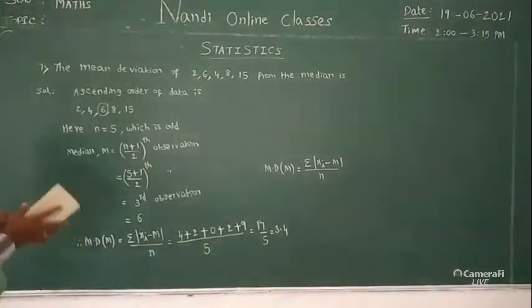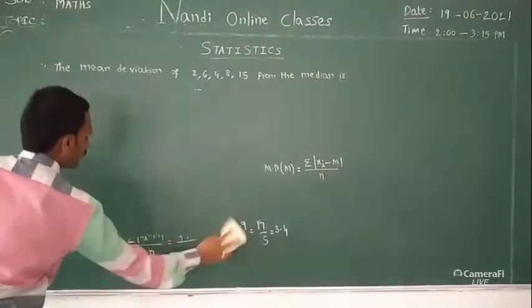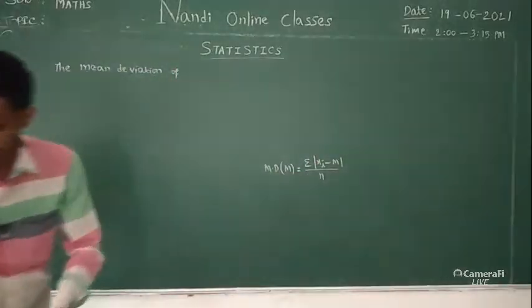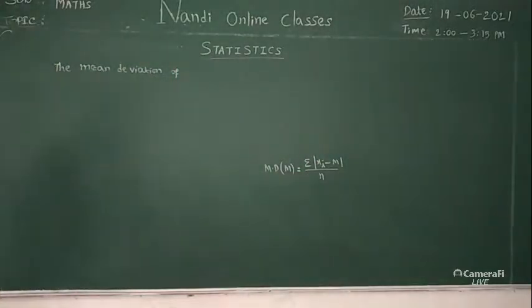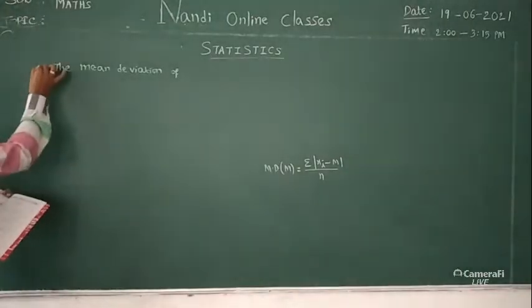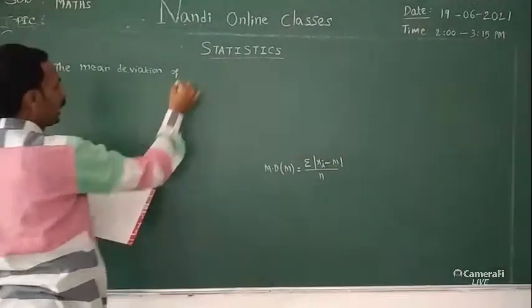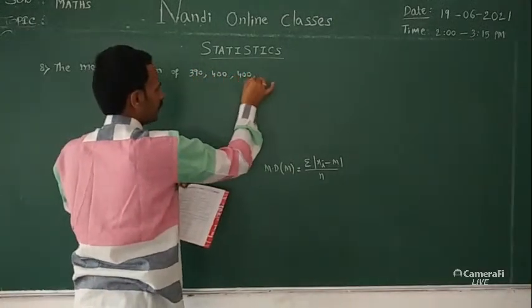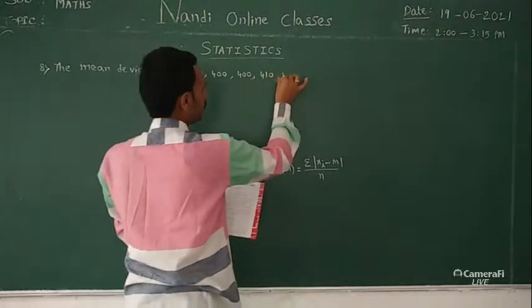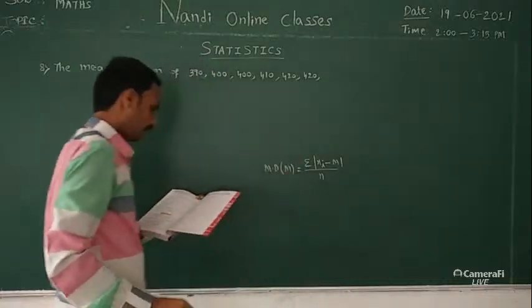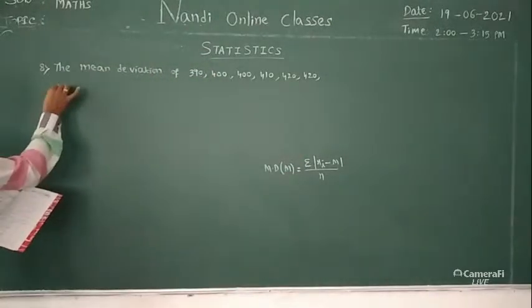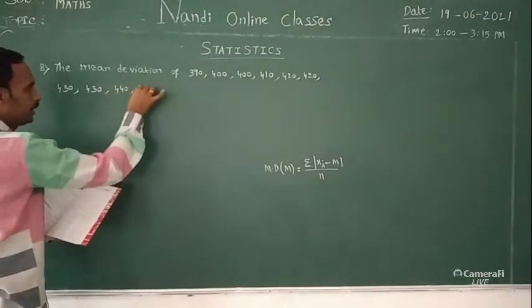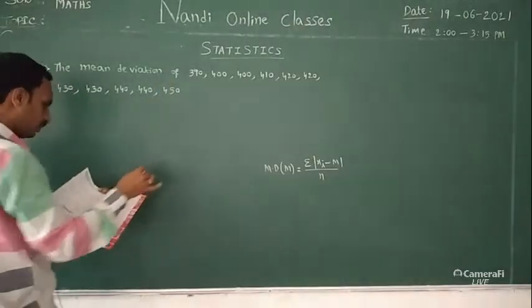Okay, eighth problem. The mean deviation of 390, 400, 400, 410, 420, 420, 430, 430, 440, 440, 450, through median is